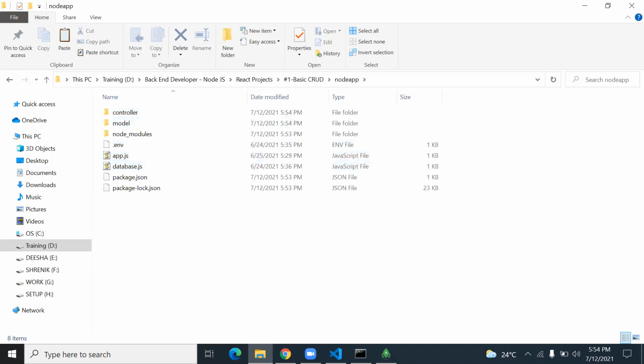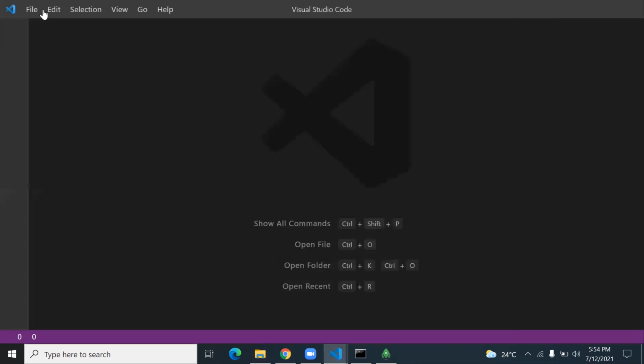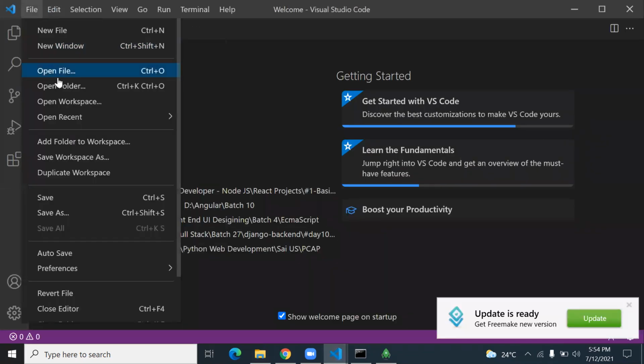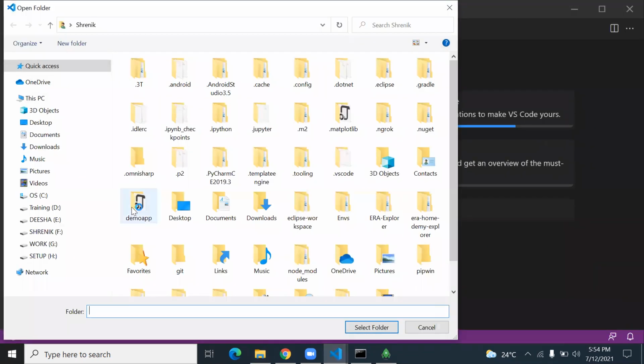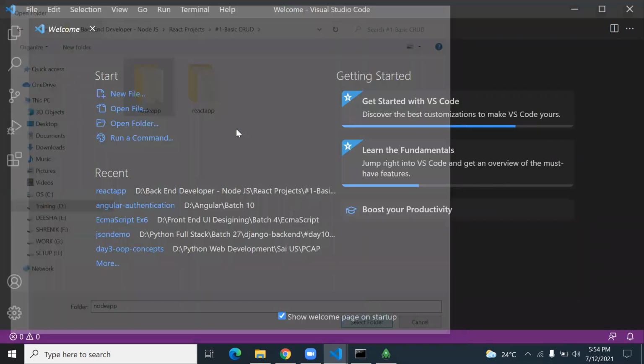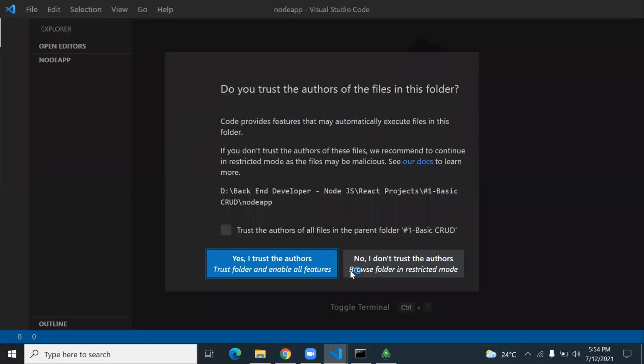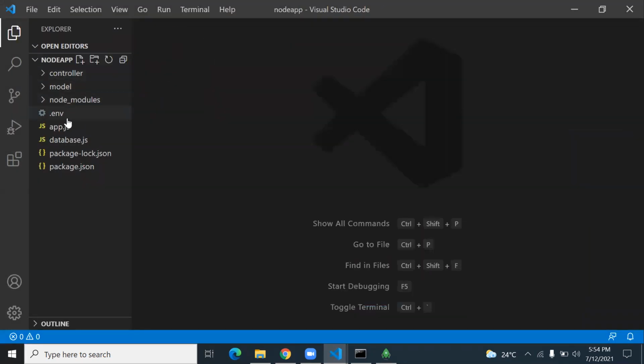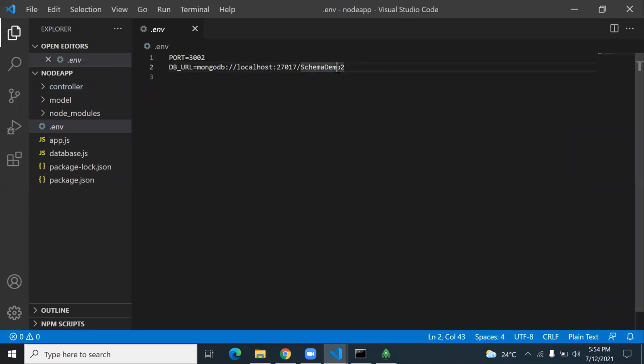Now open one more Visual Code and there open folder. I'll go to the workspace area where I created the node app, and here we make a few changes, like here in the env file, instead of the schema demo2, I name this as CRUD API.